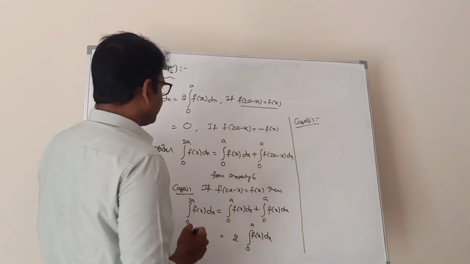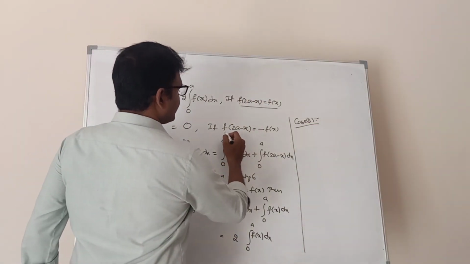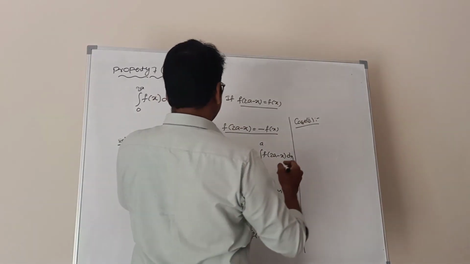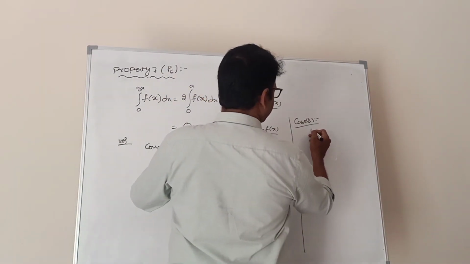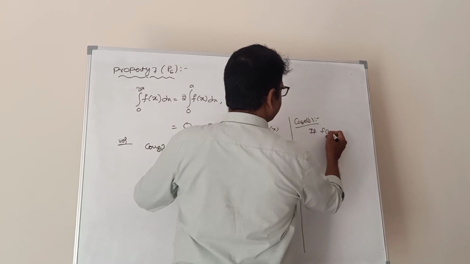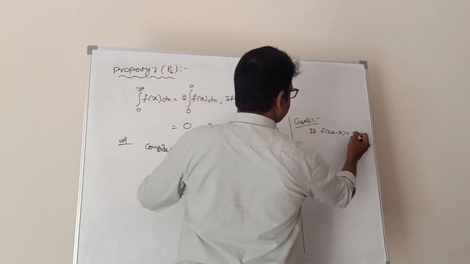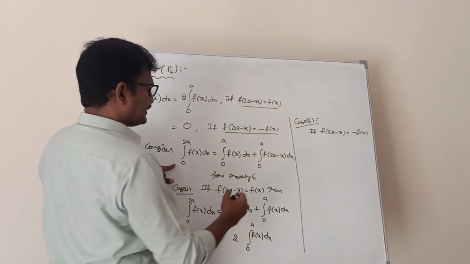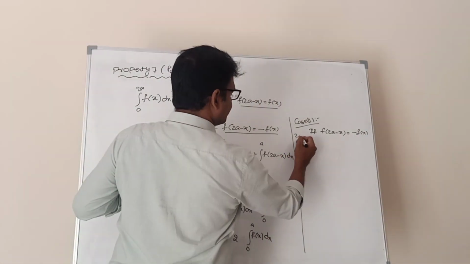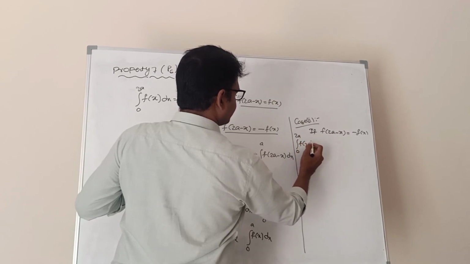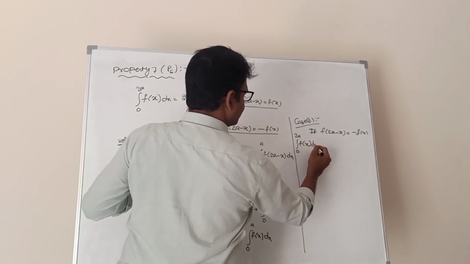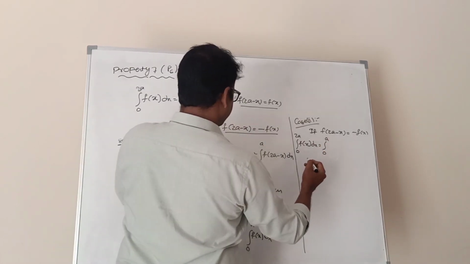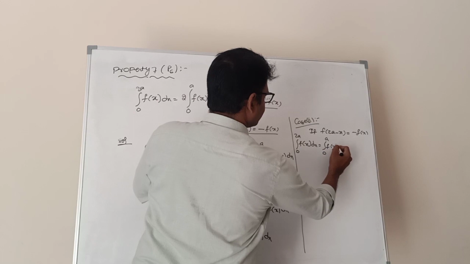So what is case 2? If f of 2a minus x is equal to minus f of x, then the integration of 0 to 2a f of x dx is equal to 0 to a f of x dx,